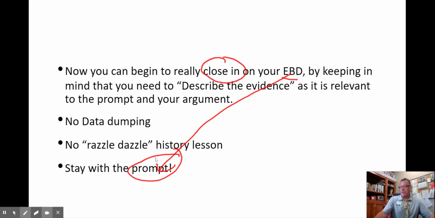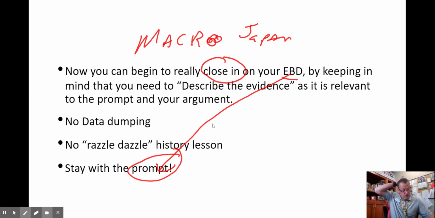And understand this too, the College Board, when they write these essays and when they get these essays out there, they're not about to create a moment where your evidence beyond the doc is some micro moment. It's going to be something big. It's going to be a macro moment. And that macro moment, in this case, is the Japanese and their Meiji Restoration. And you can talk about other things, and you certainly could, but to me, it's that Meiji Restoration.